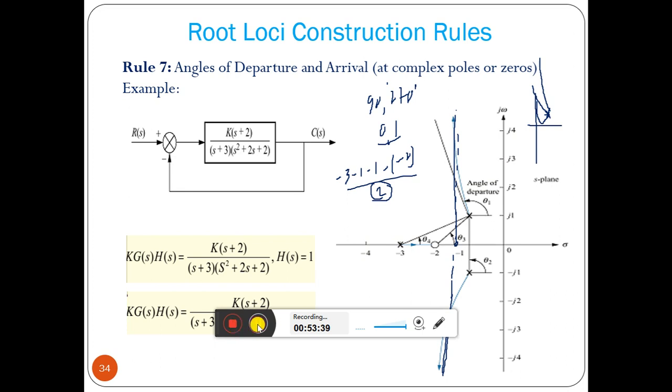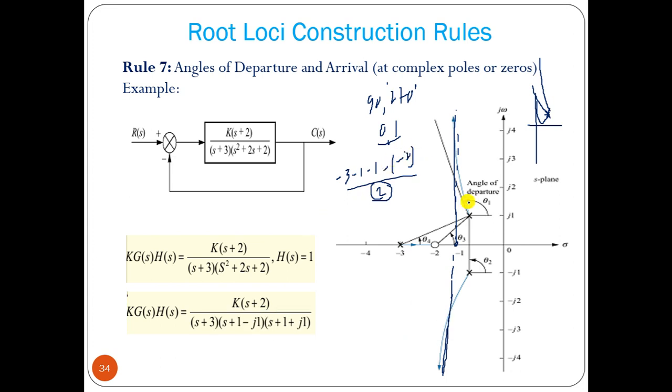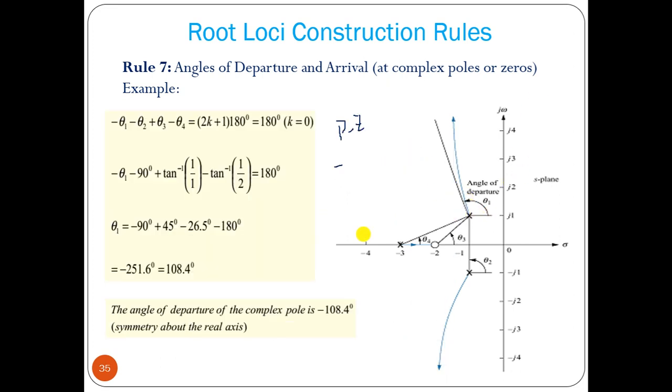So that is the point, how to find out at what angle it should depart. For that, this is a very simple formula that you have to apply. That is 180 degree minus, okay, say we have to find out, say this is your theta 1. So theta 1 is equal to 180 degree minus